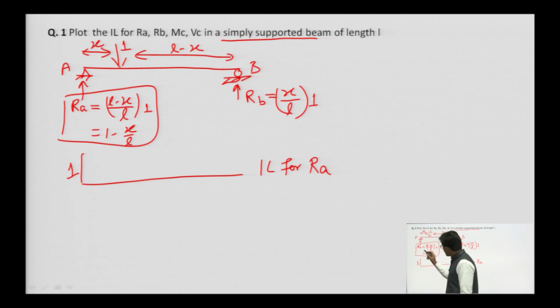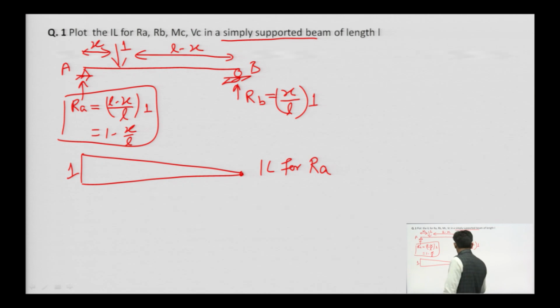And when the point load is at point B, what will be the value of x? Value of x will be L. Then 1 minus L by L means 1 minus 1 means 0. So, we will have 0 ordinate. And here we are observing that the variation of RA with x is linear. So, this will be the graph, and that graph is the IL for RA. Similarly, if we want to plot the IL for